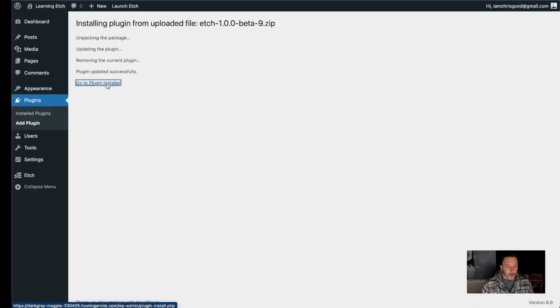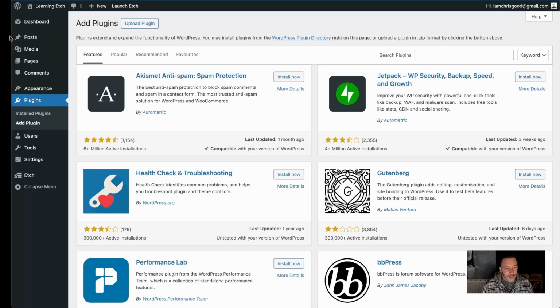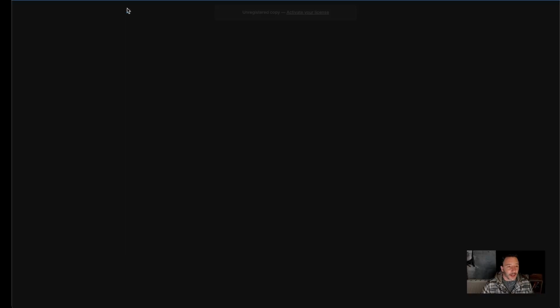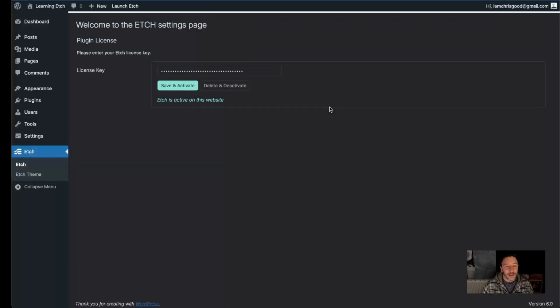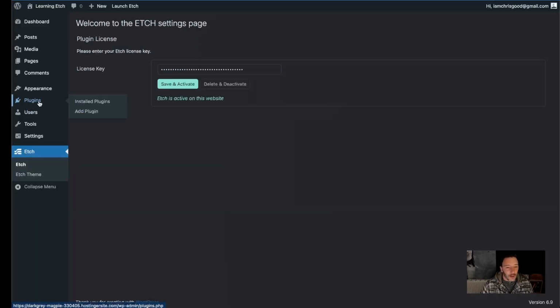That's cool. Go to plugin installer, and my feeling is now that it's going to show that, oh look, we've got launch Etch up at the top there, so click. Oh no, apparently not. Okay, let's see what we can do. It's definitely the right one. I don't think I'm making some rookie mistake here, because I've been in the WordPress world for quite a while, but maybe